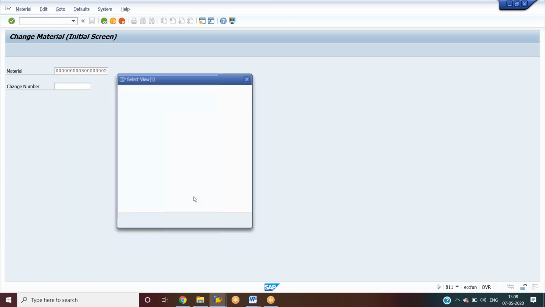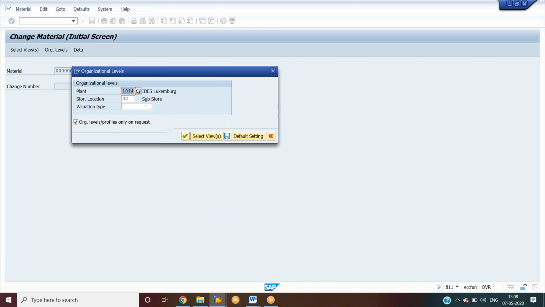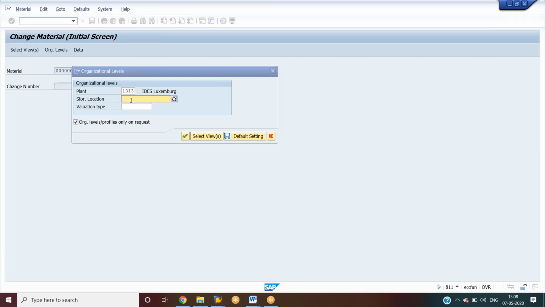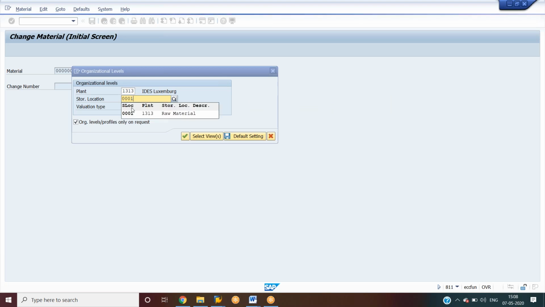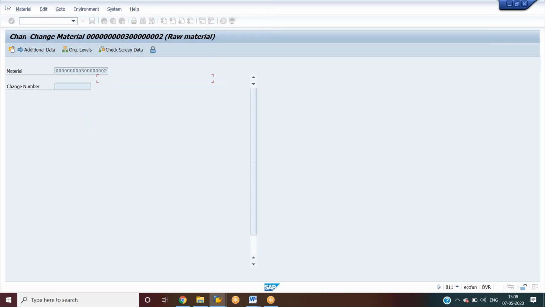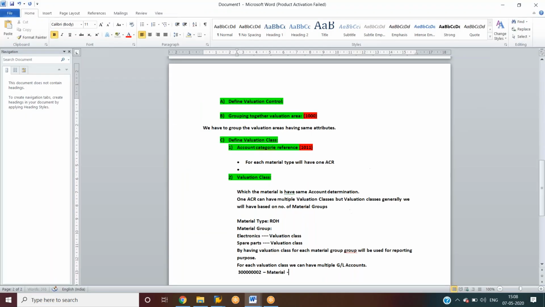Let me go into this screen. So see here, for this material we have one material group, that is 001.